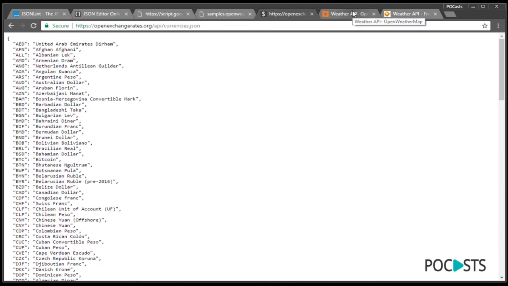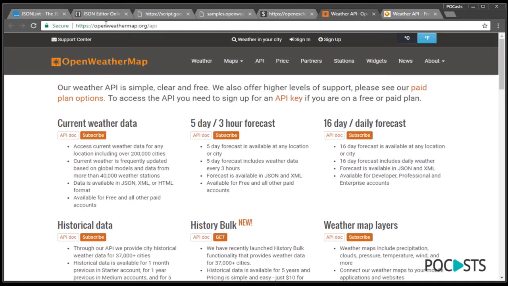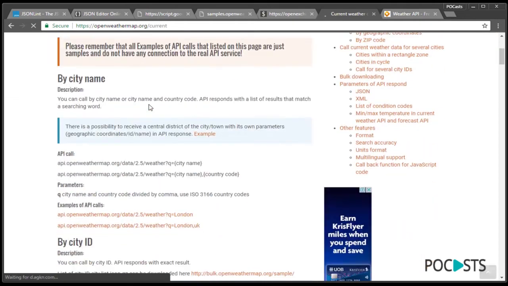I want to show you a real-time example. So this is basically openweathermap.org, which provides an API. You can buy it from here. Let's say you are writing a weather app, and you want to pull the data from various sources. This site will provide you up-to-date information about the weather. Okay, so let's understand how they represent the JSON.